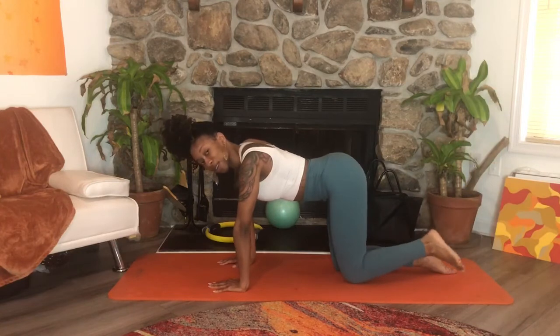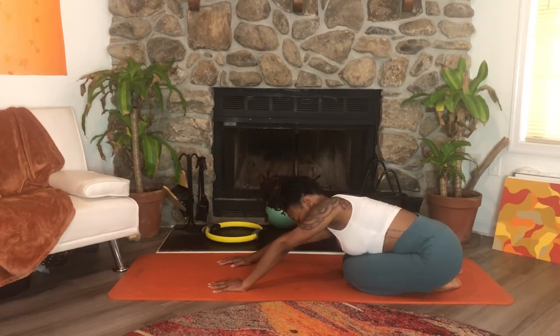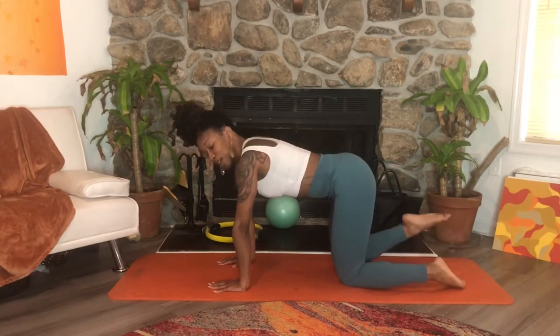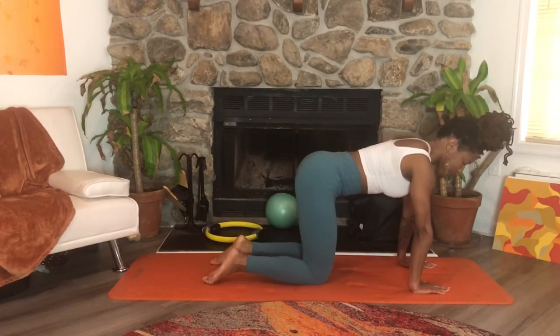Float that leg back down onto the mat, and then press over into a child's pose, emphasizing that side so you can stretch out that glute. Getting that nice release, and we are drawing ourselves back up onto all fours, switching to the other leg. So I'm gonna go ahead and turn myself around here, and we will go ahead and take it through that